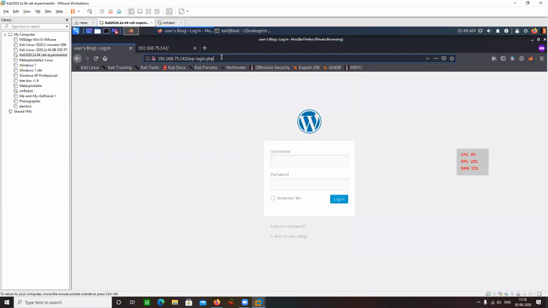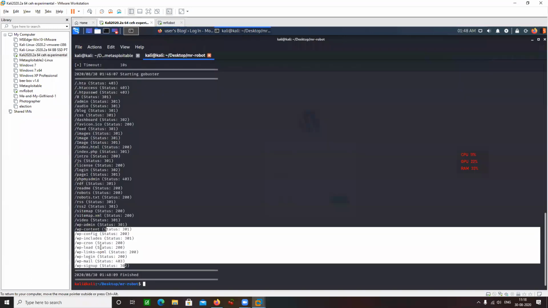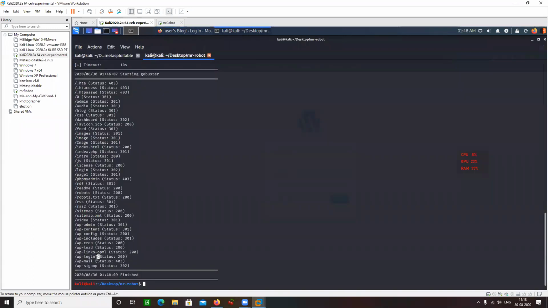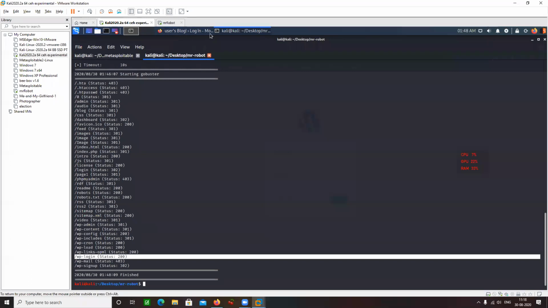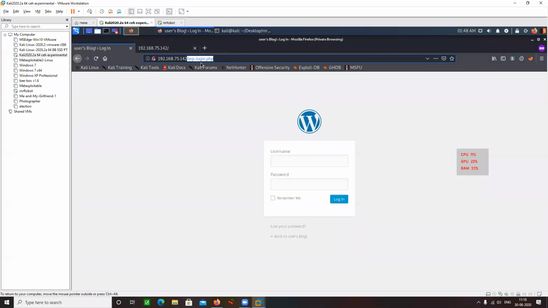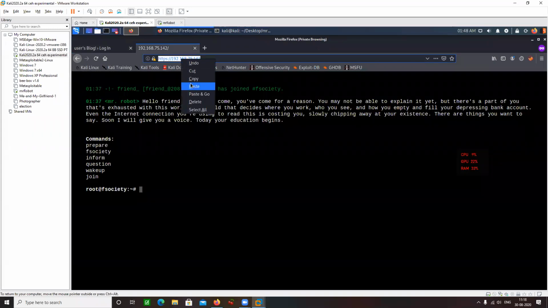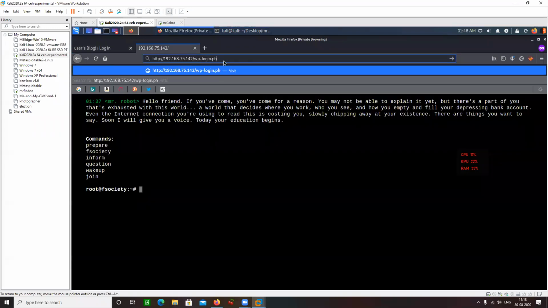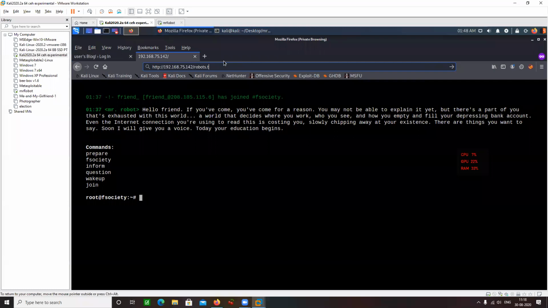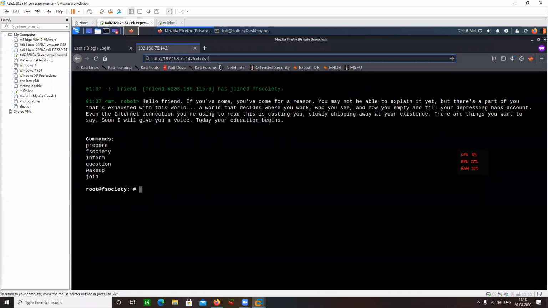I can access this directly through this WP-login. It is opening. Okay. Robots.txt is also here. Let's try to go to robots.txt.